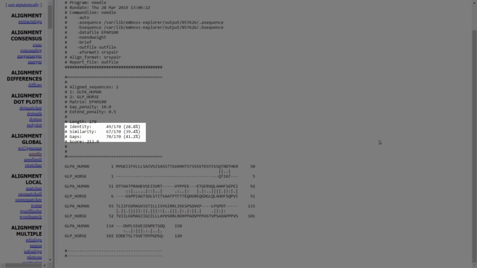28.8% identity. The percent of similarity includes the number of amino acids with high similarity, represented by 2 dots, plus the number of identical amino acids divided by the alignment length, which gives 39.4% similarity. The percent of gaps is the number of gaps divided by the alignment length, which gives